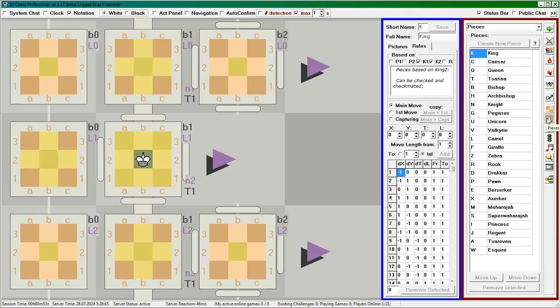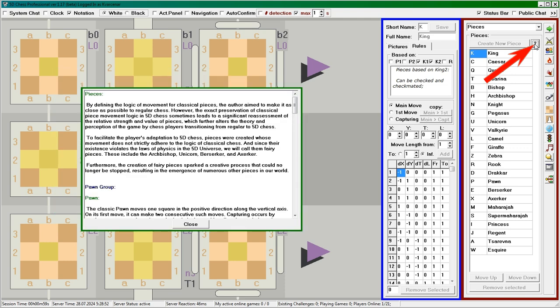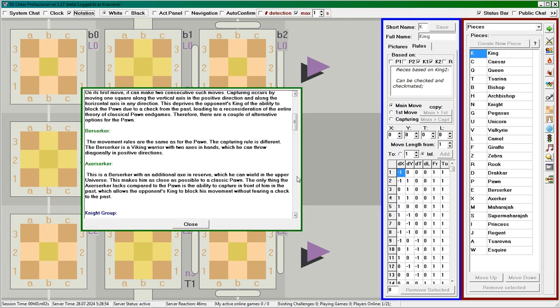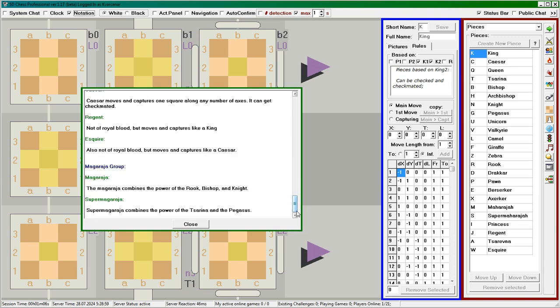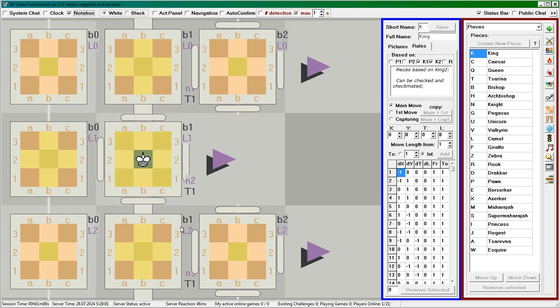To familiarize yourself with the movement rules of the pieces, you can first read the help for this section by pressing this button. And since everything is described in detail there, I will not dwell on each piece in detail here but will only describe the interface and the part that can be effectively used by you. To see how a piece moves, select it from the list on the right. Let's choose one of the most interesting pieces.